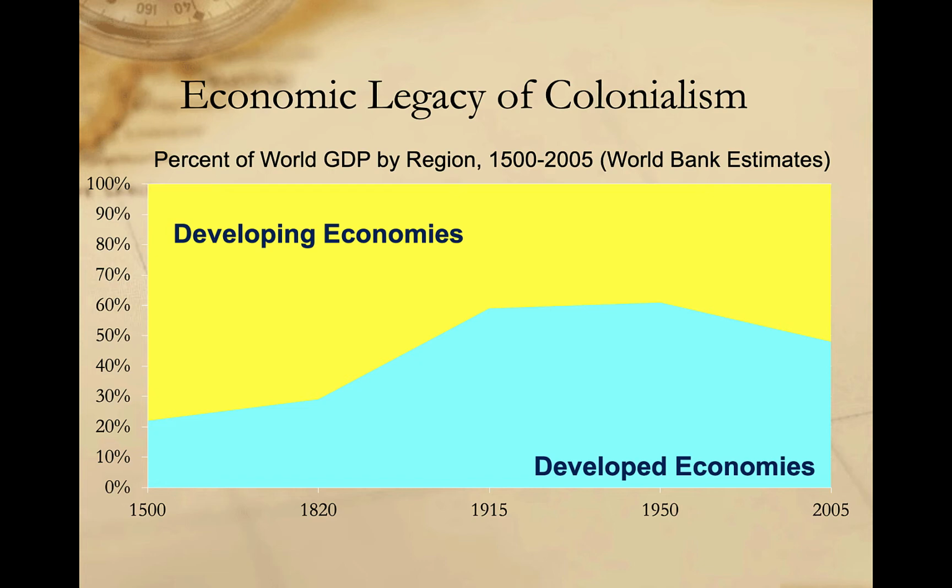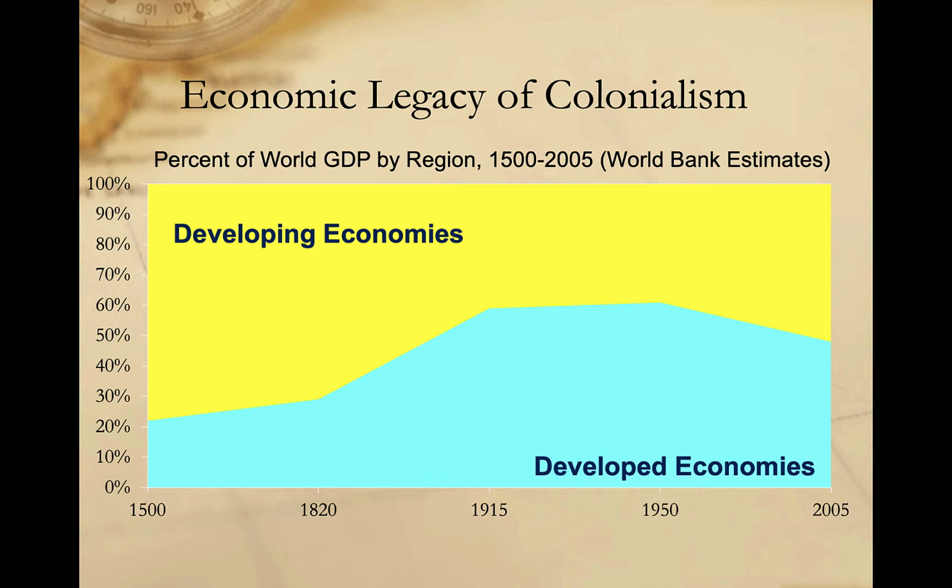global south. This graph traces the proportion of global gross domestic product, dividing it into that produced in the developed countries of the global north in blue, and the proportion produced in the developing countries of the global south in yellow. In the year 1500, the countries comprising today's developing economies were responsible for nearly 80% of all global economic activity. But as colonialism progressed, that proportion declined. Developed countries, primarily the colonial powers, claimed a larger and larger share of world economic activity.